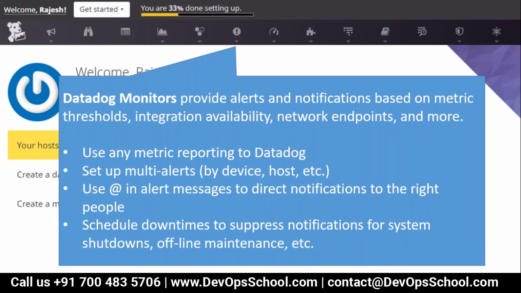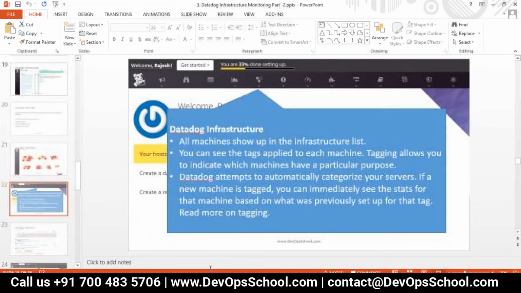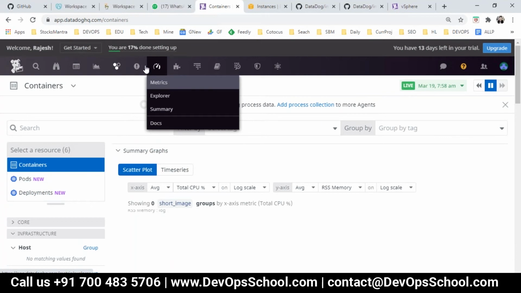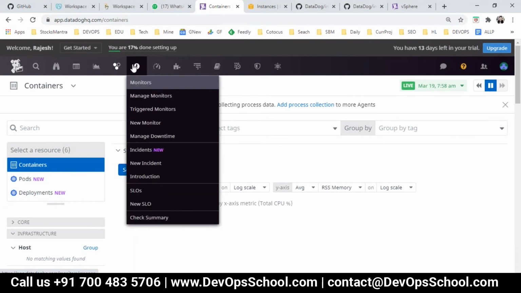Now monitoring, the next Datadog UI you see here. In monitoring, in a simple way, this is nothing but alerting. In Datadog we call it a monitor. So here you can manage all the monitors, create a monitor. You can see how many monitors got triggered.